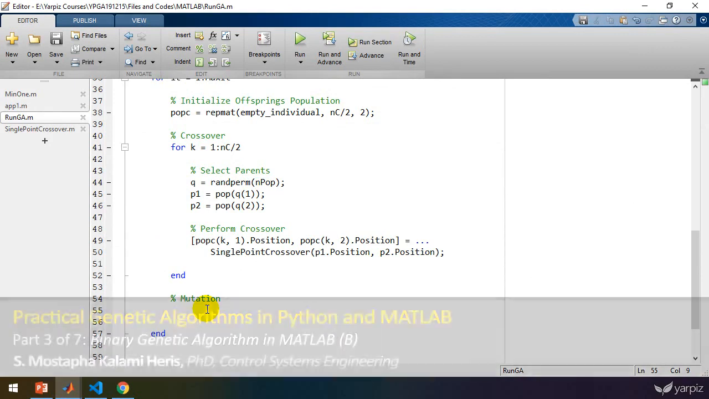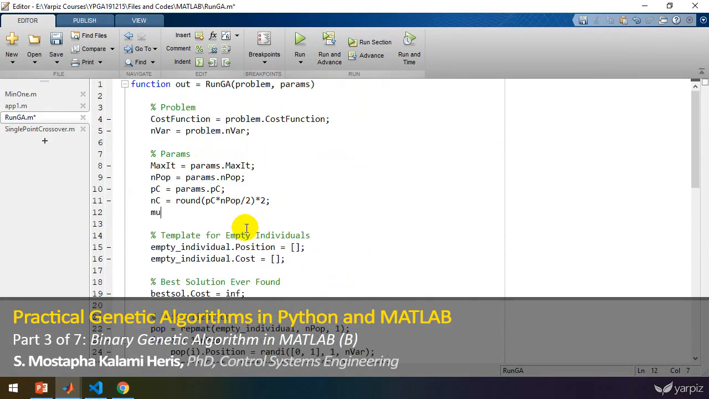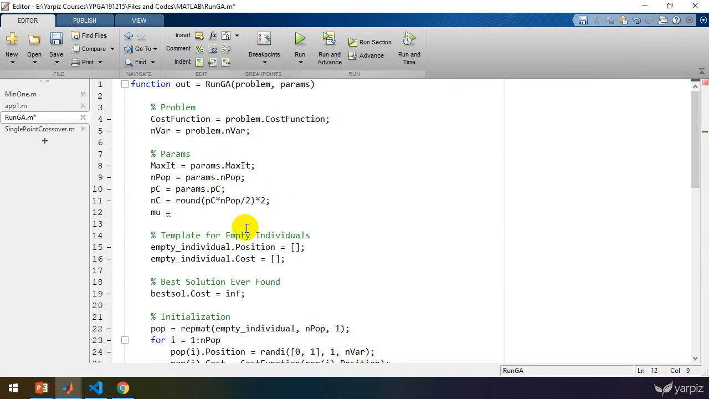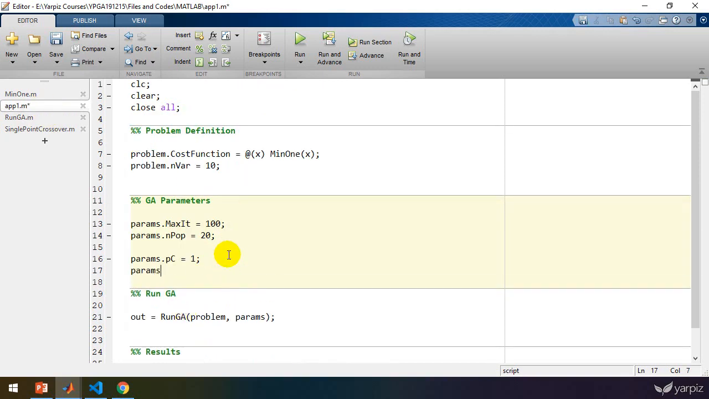To perform mutation, I'm going to define another parameter named mutation rate, denoted by the letter mu, and it's equal to the mu parameter. Let's define this in our first and main script as well. Params.mu will be, for example, 0.1, which means 10%, and that means we're going to mutate and alter 10% of genes